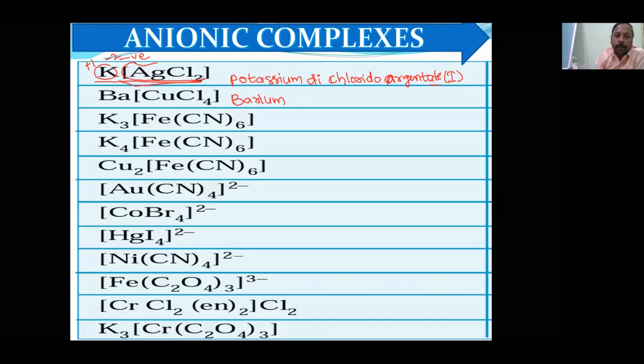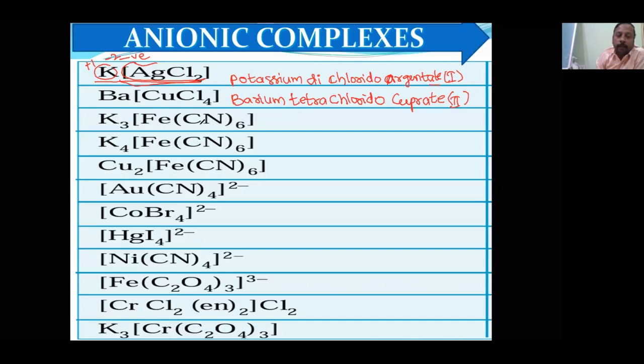Okay, what will you write? Barium. Then inside the square bracket, what should you write? About the ligands. And about the ligands, you should write the number of ligands. Four are there, therefore you will write tetra. Then chlorido, tetrachlorido. Then cuprate. I am writing ATE because it is an anionic complex. Then oxidation number. Barium will be +2 and -4, therefore the oxidation number will be 2. So, cuprate 2. Now, I think all of you are clear.